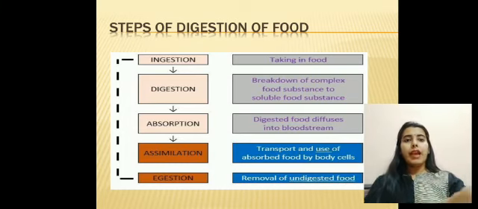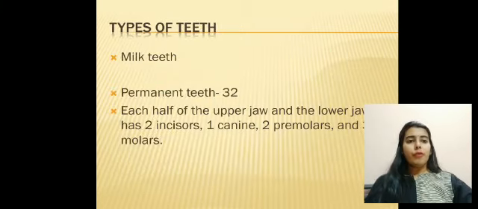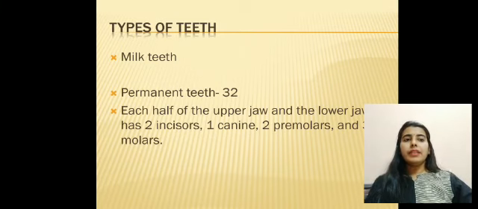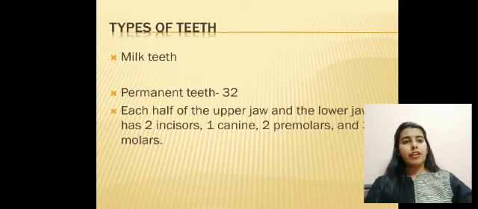In our mouth, we have different types of teeth for performing different functions. An adult human being has 32 teeth, which are permanent teeth. When a baby is born, it doesn't have any teeth. Slowly and gradually over the years, the teeth eruption starts, until the age of around 8 to 10. The child has 20 teeth, which are called milk teeth, and are replaced by permanent teeth later on. Permanent teeth are not replaced by any other kind of teeth.